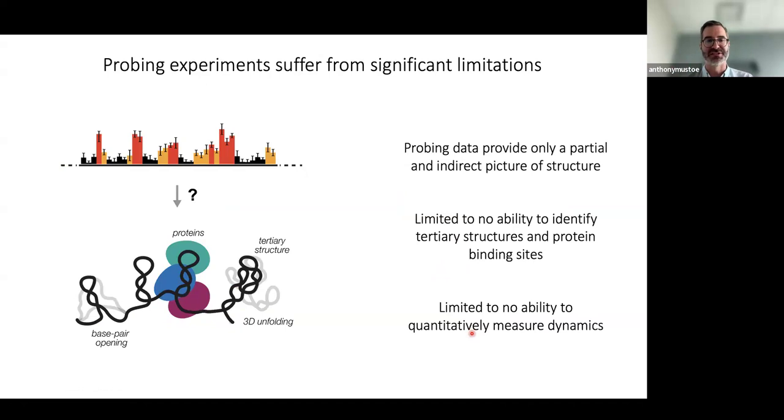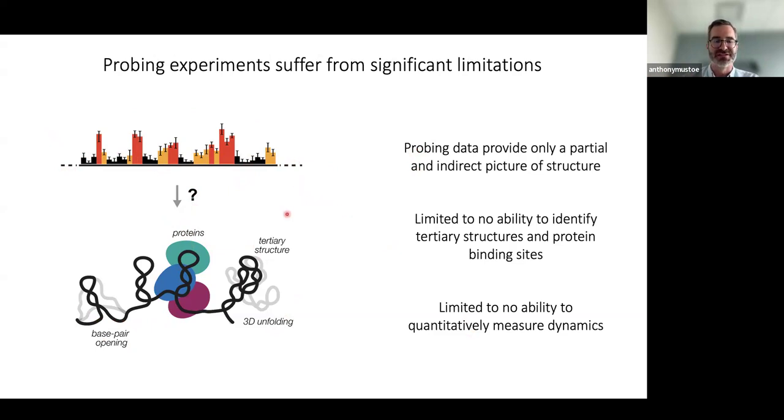So the experiments are great, but they also have a lot of limitations. If you think about what we actually get from a chemical probing experiment, we're really just getting, traditionally, this one-dimensional measurement of reactivity. And really what we want to be able to do is actually measure this entire structural landscape. This is a hard problem. And just to emphasize some of the issues, the data only provide a partial and indirect picture